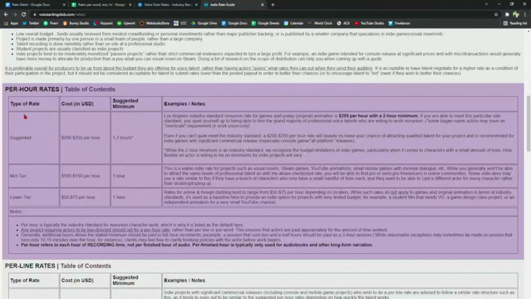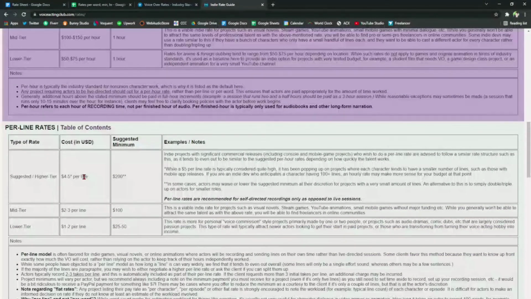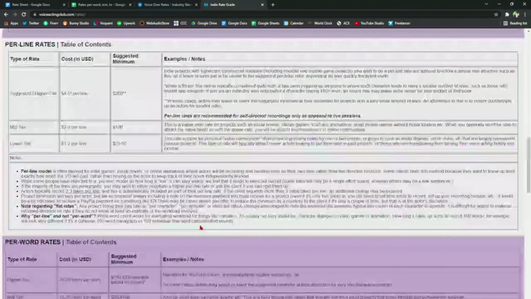Per hour, they have this suggested. Now, these, again, are for indie projects. Indie, this isn't big, big studio stuff. The high end, $250 per hour. That's the suggested. I just can't do that right now. I can't. No one's gonna hire me. So I chose for the low end. The per line rates tells you right here. I'm in the low tier. It has $2 per line. The suggested minimums are here. I usually have a $25, $30 minimum, depending on the client, kind of what they need.